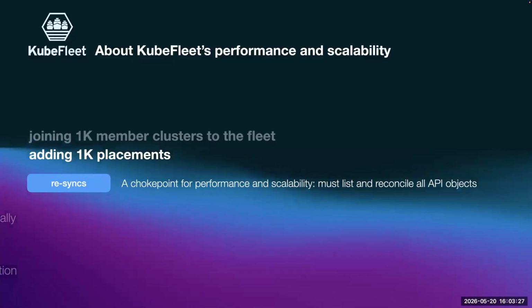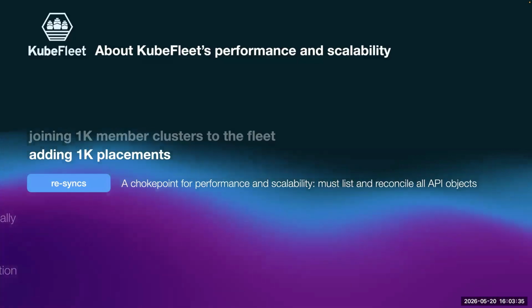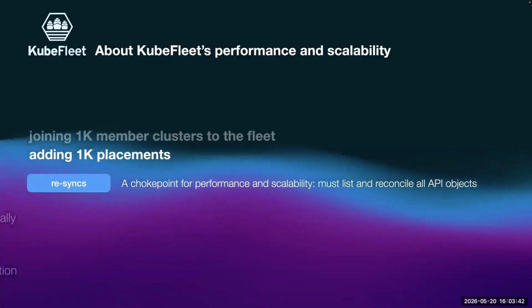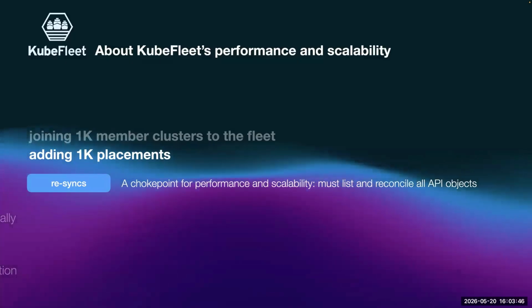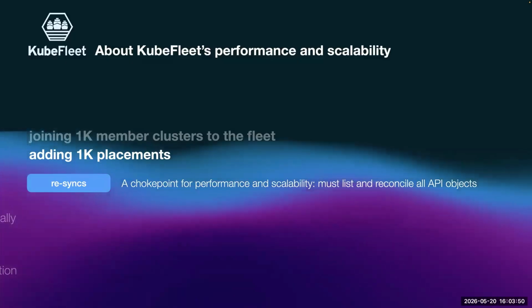As you probably know, KubeFleet is just a collection of Kubernetes controllers. What the controllers do basically is read some data from the Kubernetes API server and reconcile it. And as with any Kubernetes controllers, not just KubeFleet, to facilitate this kind of read and then reconcile